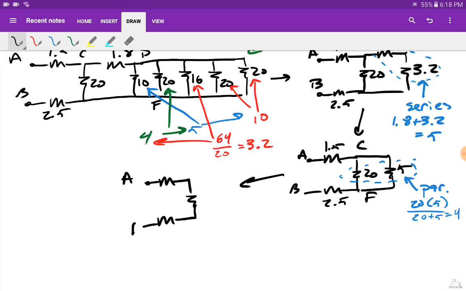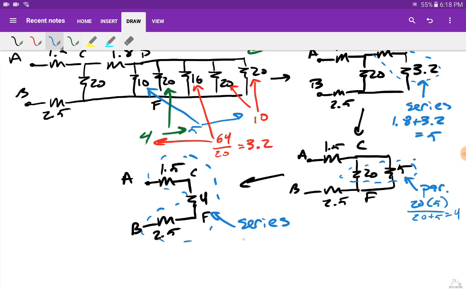Okay, so finally I have my A, my B, my 1.5, my 2.5, and these two together gave me a 4. All right. So this is C, this is F, but honestly at this point they don't matter. Why? If I draw a spontaneous current and I just have it pass, it's going to pass through all of these without ever breaking away and creating other currents. These are all in series